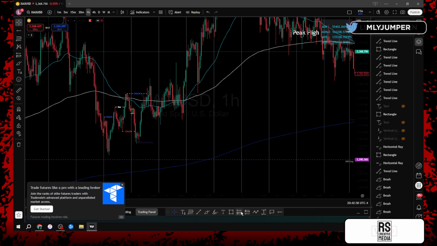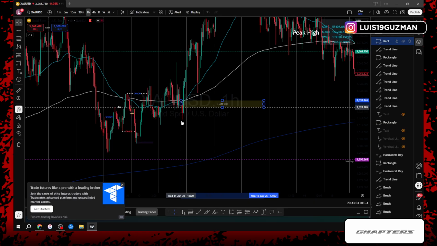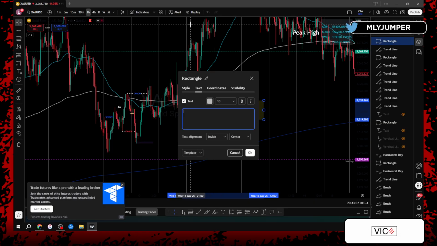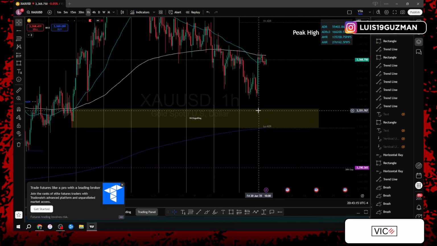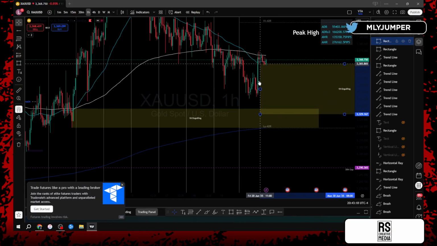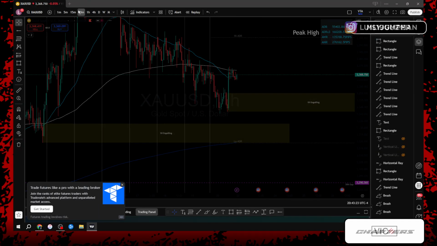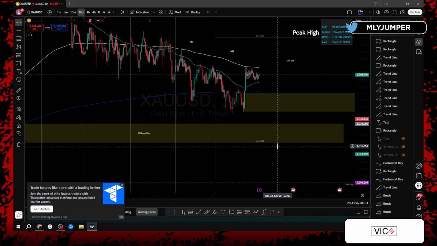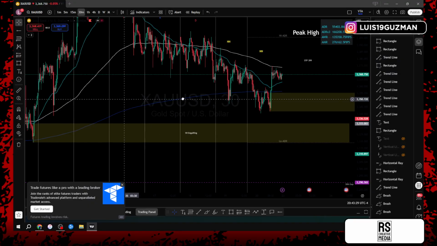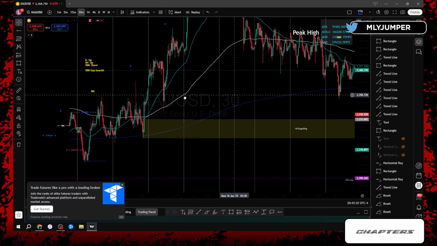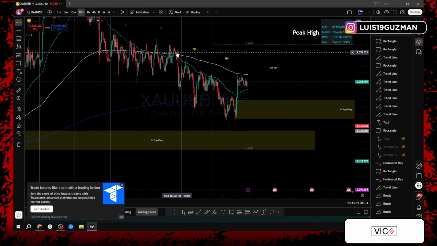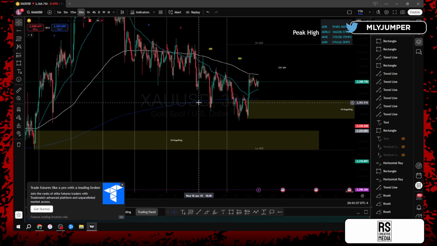So there's a few engulfing candles to keep an eye on, and we'll mark them. So we know that this is the 1 hour engulfing. And then we know that we have another 1 hour engulfing here. So then you start questioning, alright, which one are we using, which one are we not using? And this is where market structure will come into place every single time. Market structure will always be above any type of indicator that you have, any other confirmation that you have. Market structure is king, right?